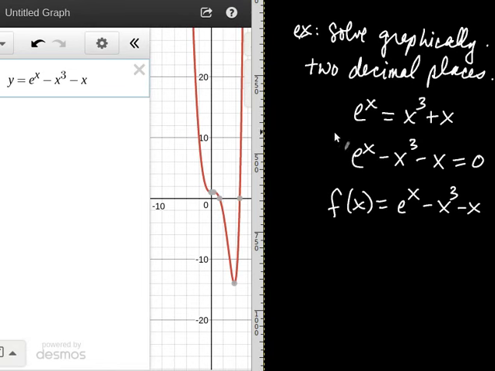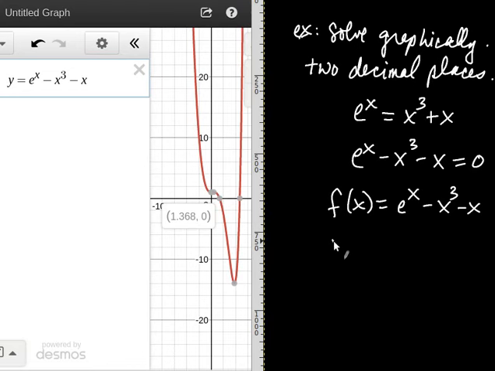Okay, so here I've shifted our screen over, so this is the problem we are working on, and here's our function, e to the x minus x cubed minus x, and we want to know when it's equal to 0. On the left-hand side, I've graphed the function using Desmos, which is a great online graphing calculator for free. I typed in the function, y equals e to the x take away x cubed minus x, and here's the graph that I got. You can see that the places where it's 0, there are 2 decimal approximations. The first one is about